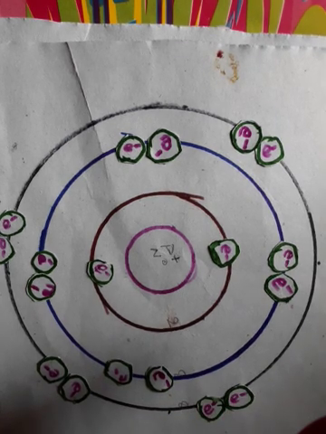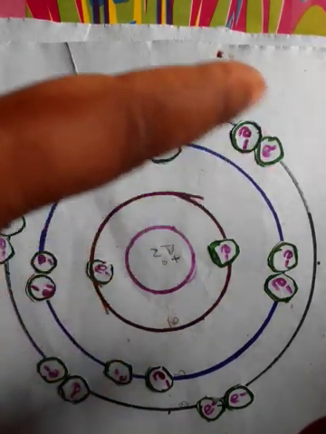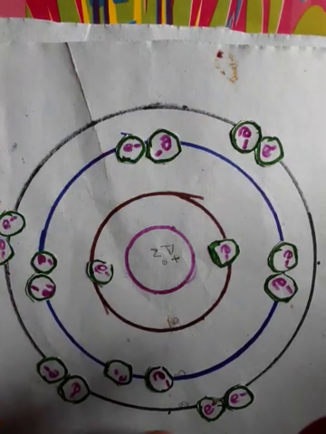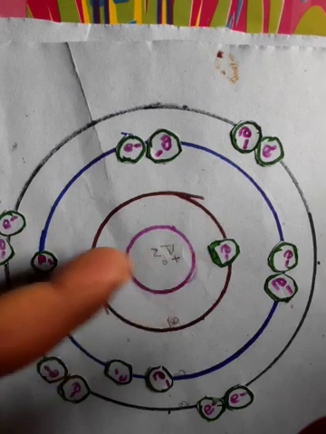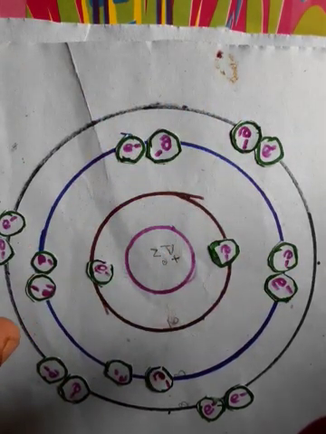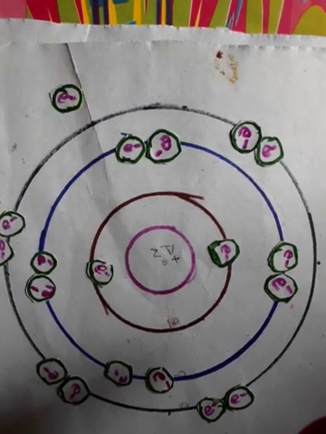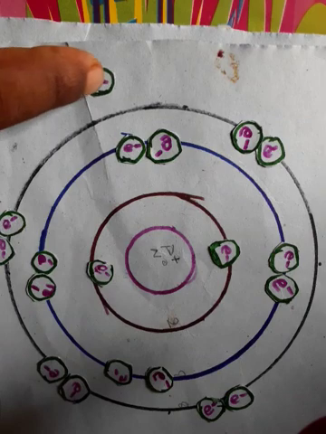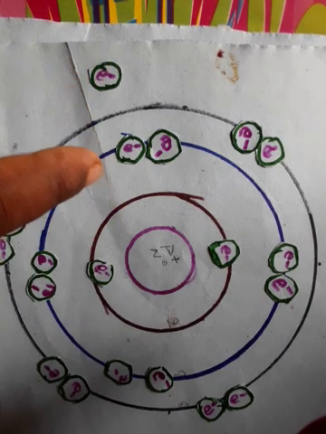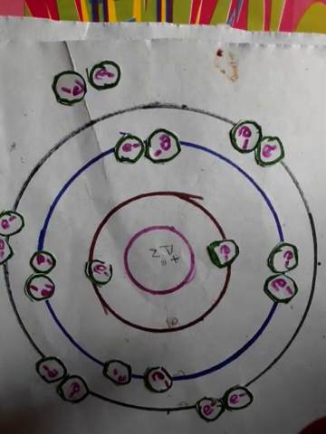8 electrons. Now again see, in the first orbit 2 completed, second orbit 8 completed, in the third orbit also 2, 4, 6 and 8 completed. So now talking about potassium, what happens? Potassium has 19 electrons, but 2, 8, that is 10, 8, 18. Now the 19th will not remain in the third orbit. It will go to the next orbit. I have not drawn the next orbit. Why? Because I think you can understand, for potassium 1 electron is in the first, second, third, fourth orbit, and at last calcium also has 2 electrons in the last orbit.